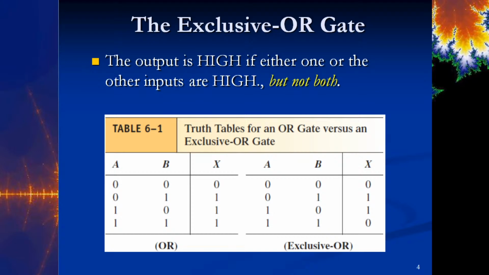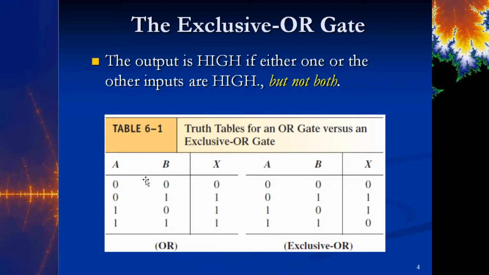And essentially what you do is you take an OR gate and then you negate the combination where you have all of them high, which gives you a high output. So, only one or the others, but not both. Okay? So, I believe you can only use 2 input gates for the exclusive OR. You can only exclusive OR 2 inputs. I don't believe there is such thing as a 3 or 4 or whatever, but